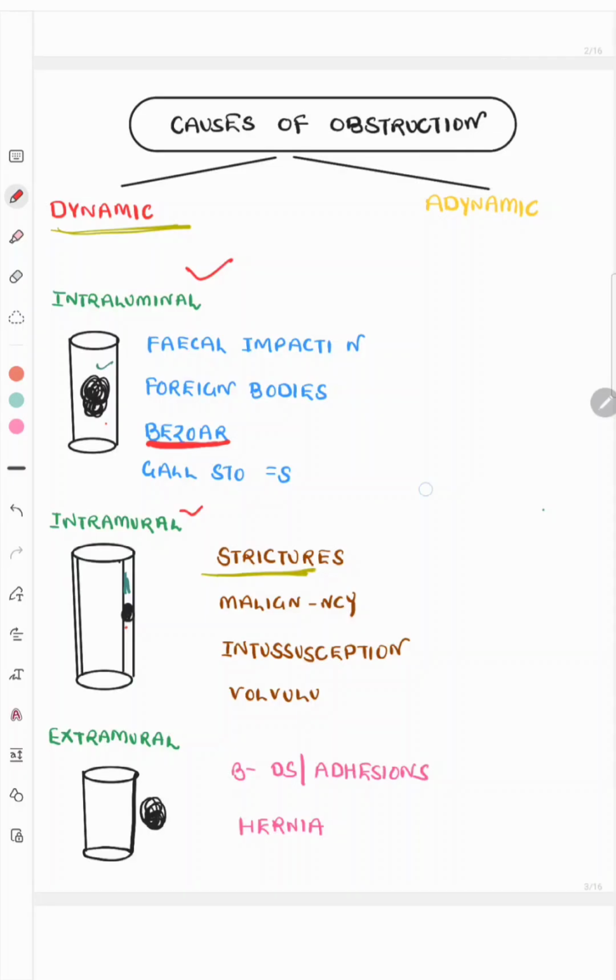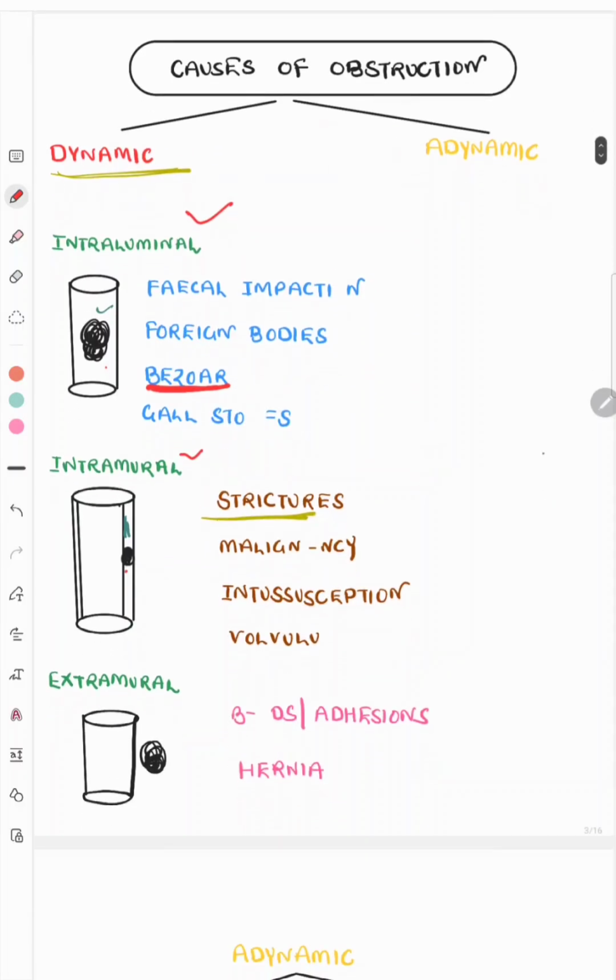So in the intraluminal category, what things are there to cause obstruction? There is fecal impaction, meaning fecal matter obstructing the bowel lumen. It is common in old age with chronic